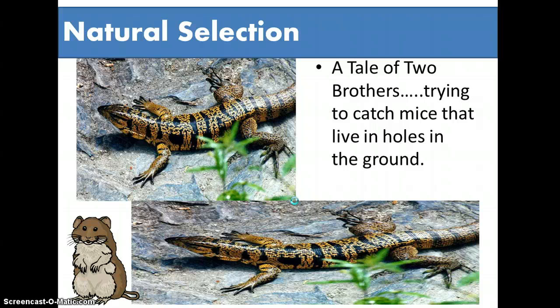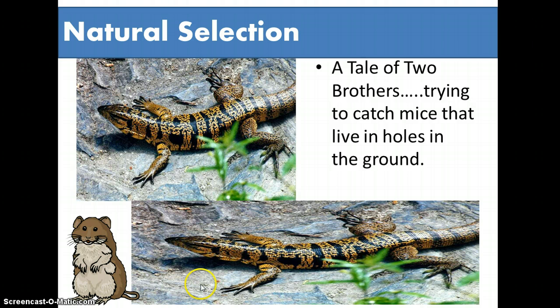So you can say, once upon a time, there was a group of lizards, and we'll say that they were related from the same parents, but since there's genetic variation, some lizards are going to be a little bit wider, maybe a little bit chunkier than some of its siblings. So that's just going to happen normally, just like how you look a little bit different from your brothers and sisters. Now, these lizards happen to eat mice, but if there were way too many lizards and not enough food,